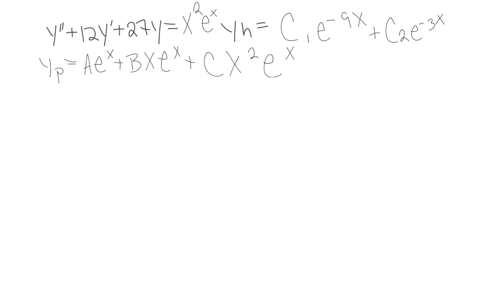So in solving for the constant coefficients A, B, and C, there really is no particular initial condition that we're working with, other than, I guess you could say, the fact that the right hand side of the equal sign is not equal to 0. It's x squared e to the x. So the only way we'll be able to solve for these constant